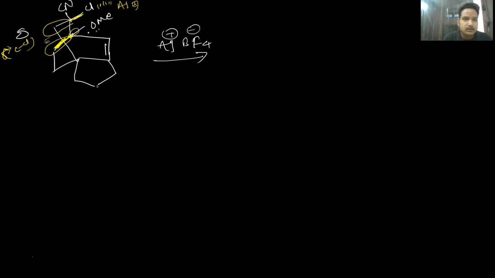So what will happen here? Again, we have OMe, so let me correct this thing. Sorry. OMe has a lone pair. This lone pair of electrons can donate here, and now this CC bond is the HOMO, and this is the LUMO. So the HOMO donates electrons into the antibonding orbital of the leaving group, and this bond can migrate.